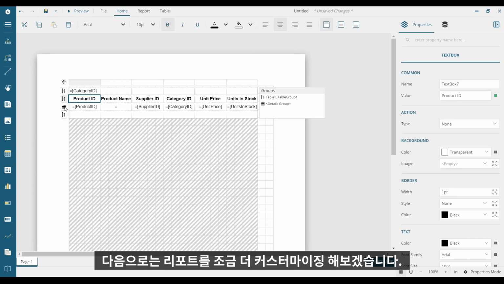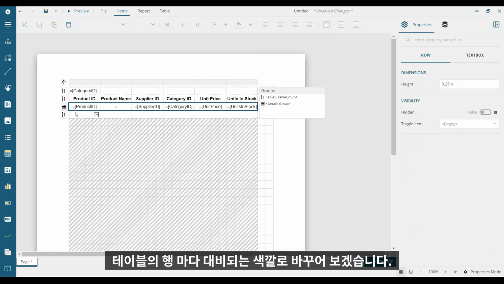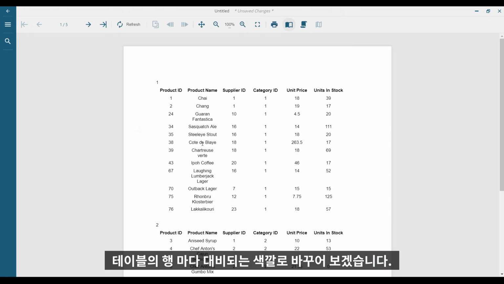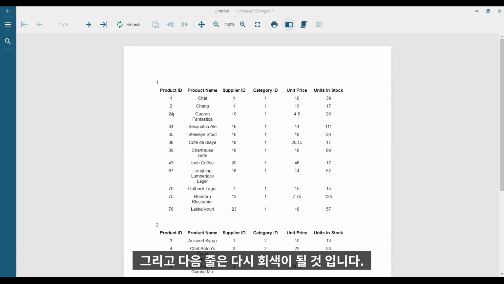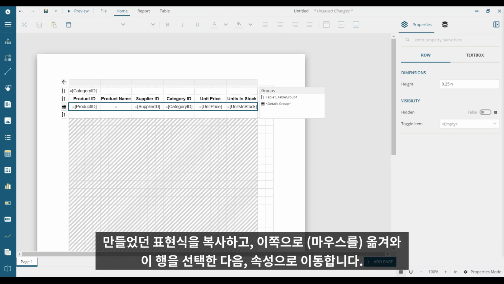All right, so the next thing that we're going to do is some more customization to the report. So I'm essentially going to alternate the color of the rows in the table itself. You see the first row here, I'm going to make that gray, and then the second row is going to be white, and then the row after that's going to be gray. So it's basically going to be alternating colors. So first,